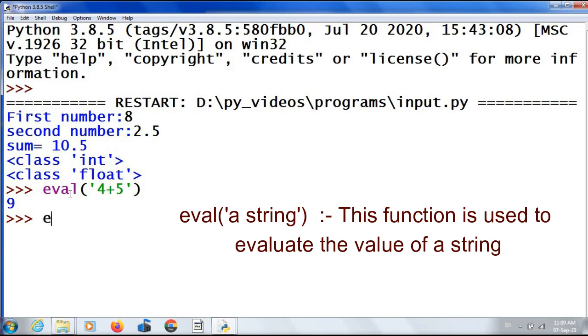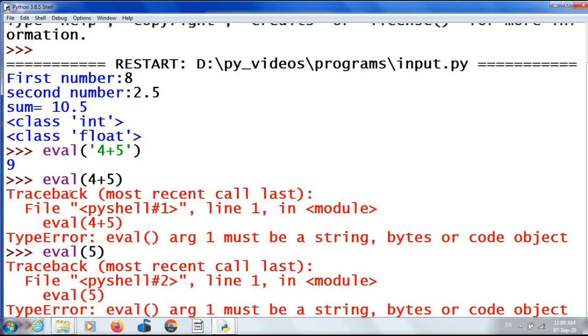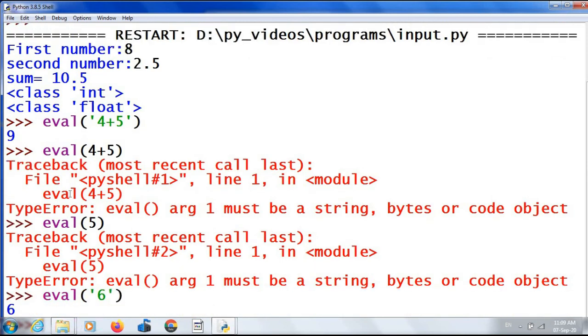See, if I give eval 4 plus 5 without quotes, it will show an error. It will not evaluate, it will show an error. But if you give eval within quotes 6, it will evaluate. So the argument of an eval function is a string.